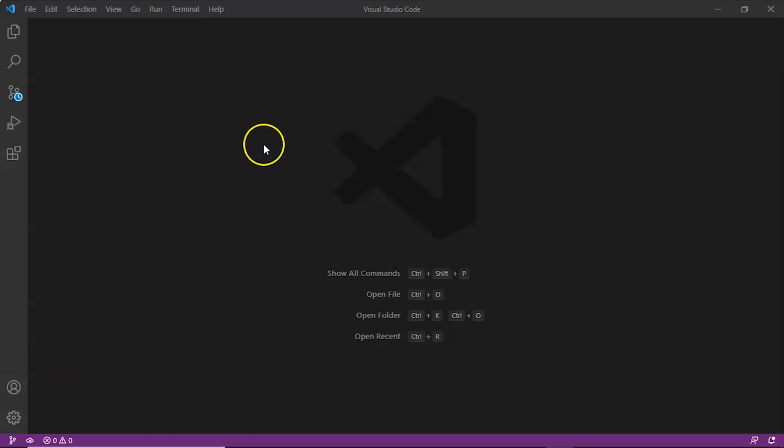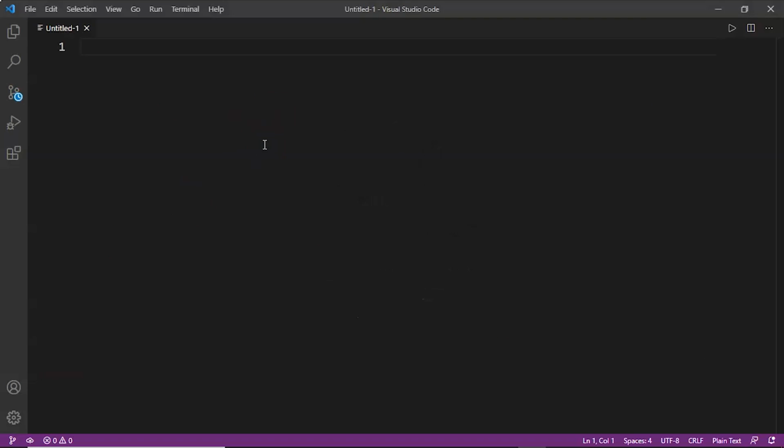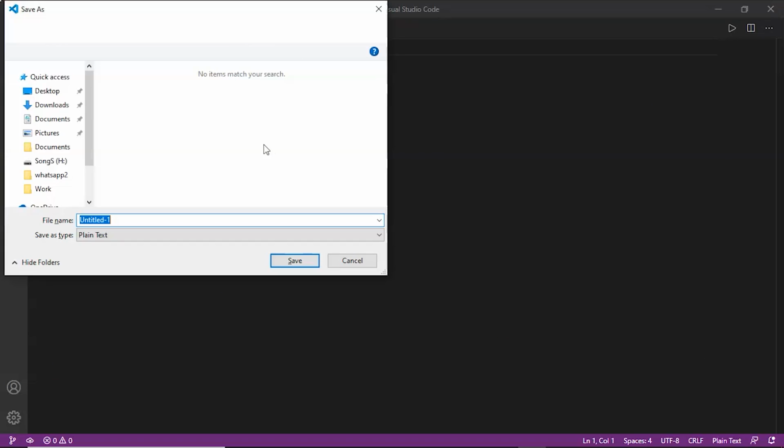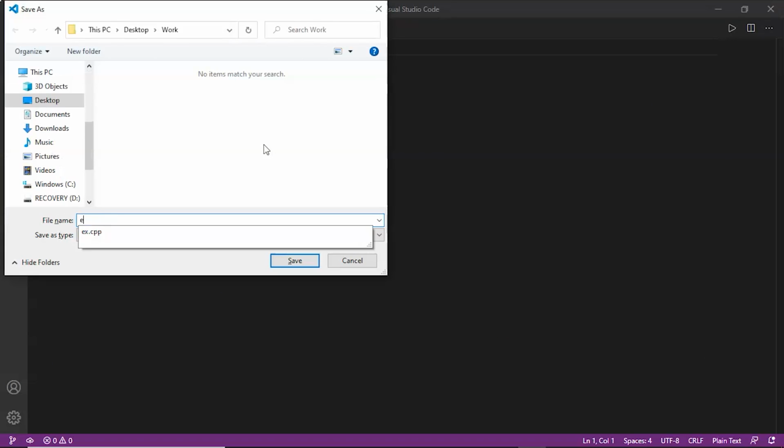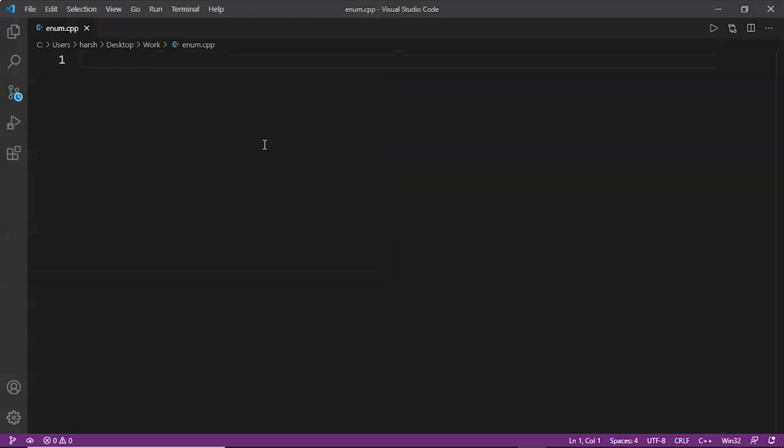Okay, now let's make a new file and name the file as enum.cpp. In this example, the enumeration name will be captain and the enumerated values will be the team members, out of which we will select one member as captain. And with an if condition, we will verify if he is the selected captain or not. It will be a basic example.